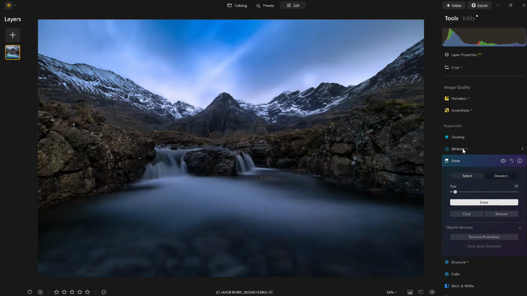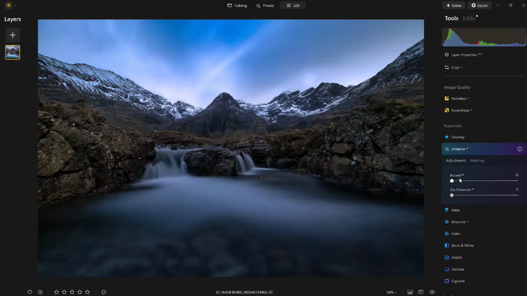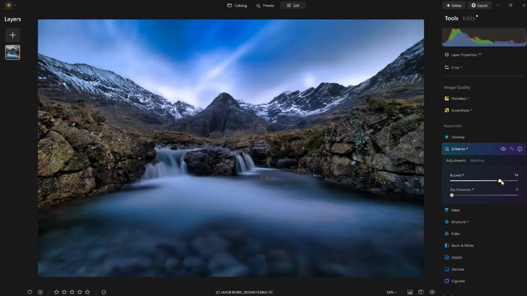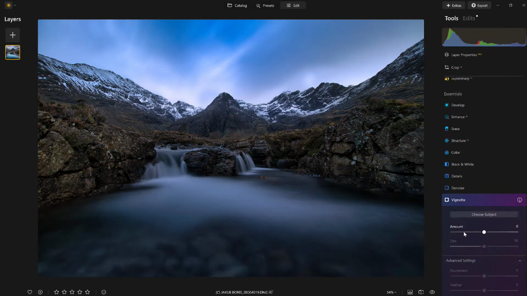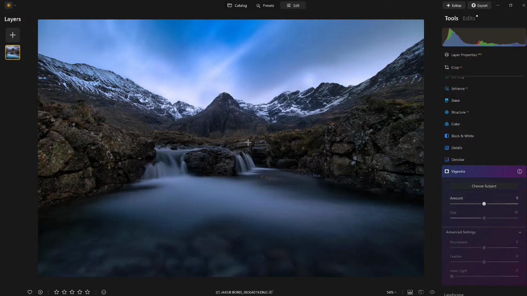Now what I wanted to do is come up here to enhance AI, and I'm going to bring out the entire image. And actually, you know what? Scratch that. I'm going to do something instead. I'm going to use a vignette. So what I'm really wanting to do is that mountain. I really want to add an emphasis to this mountain right here. So if I click on the mountain, there we go,